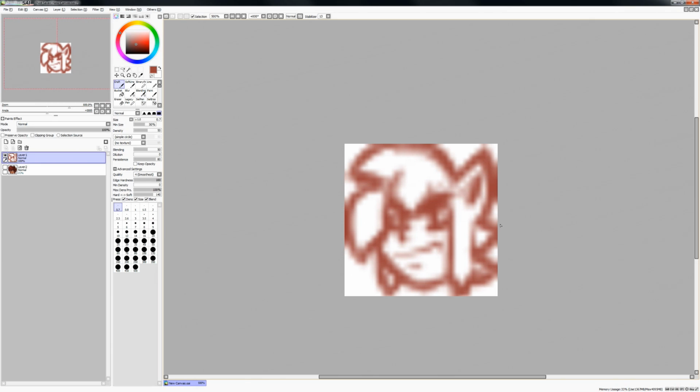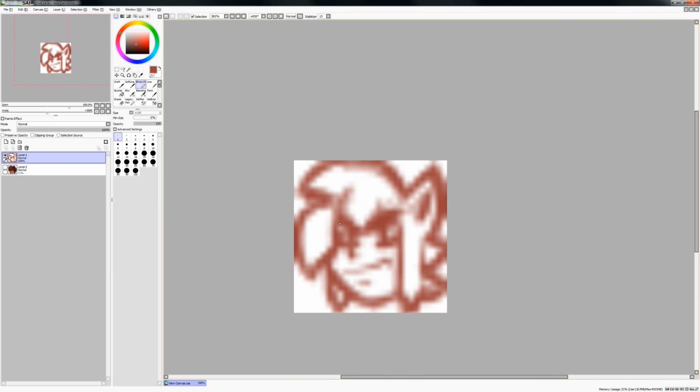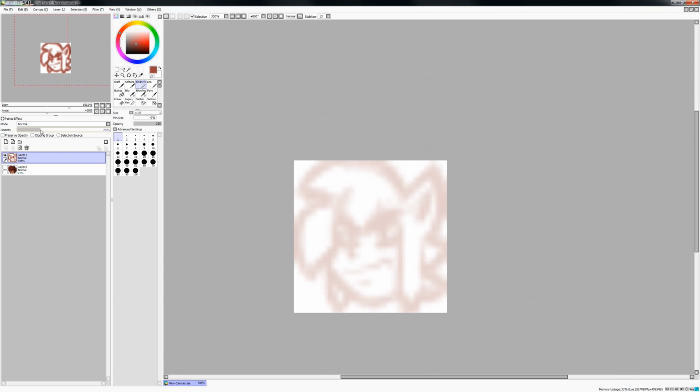So we have a big... I drew that very, very small so that we could look at it at native resolution to what we're going to be exporting as. And then I blew it up. And you see how shitty that turned out because I blew it up. This is how changing resolutions works. After I did that, I lost a shit ton of that original look. So don't work small and then try to blow up. You definitely cannot do that. Not unless you're working with vectors or something. Which if you're making emoticons, I don't know why you'd be working in vectors, but I guess that's one option too. It would make it easier for export, that's for sure. It probably wouldn't look very good, though.